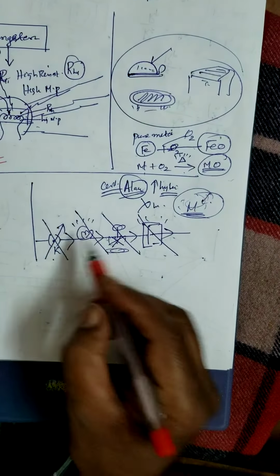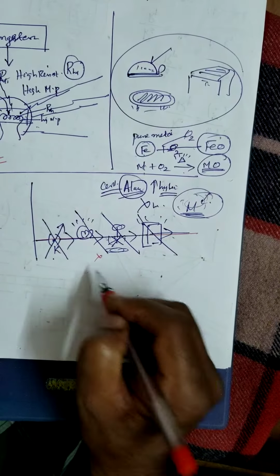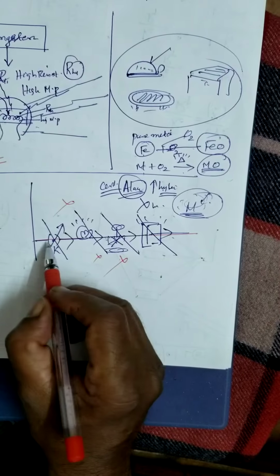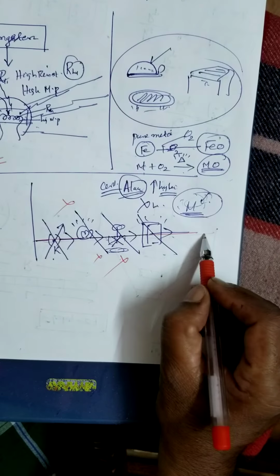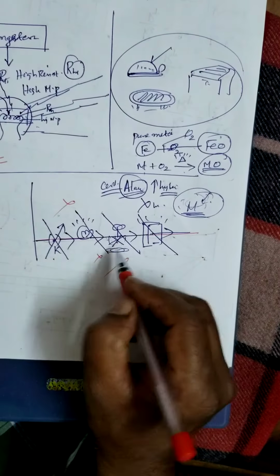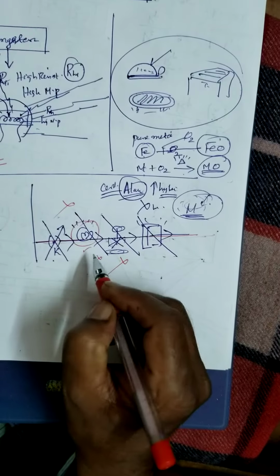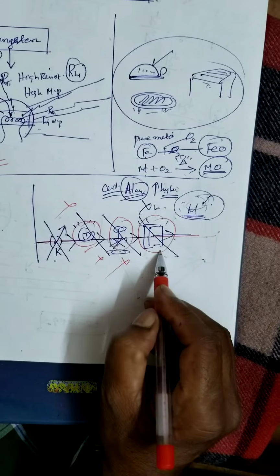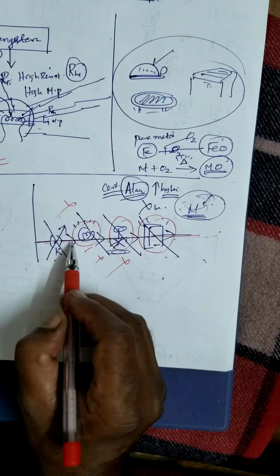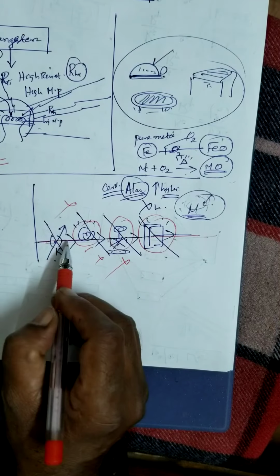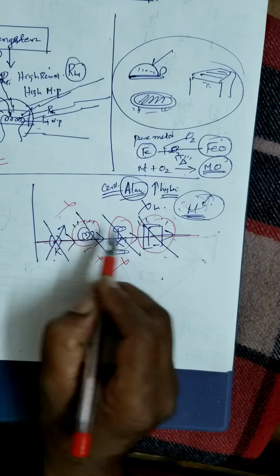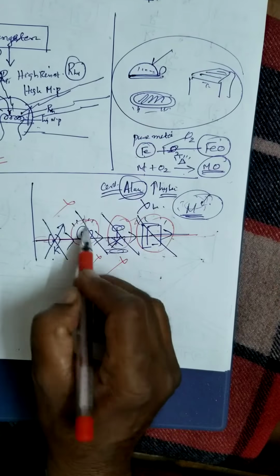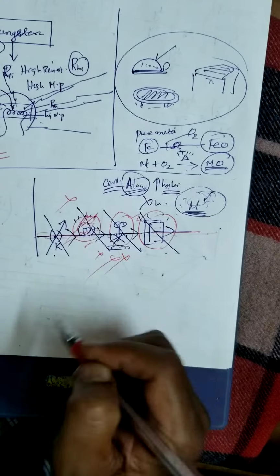Therefore, series mode is not good. If you connect in series, the same current will flow. But different appliances need different amounts of current. For the bulb you need a certain current, and for this one a certain other amount. If you control the current so that this one works, the others will not work. If the current is higher, this will work but that will burn off. Therefore, the best method is